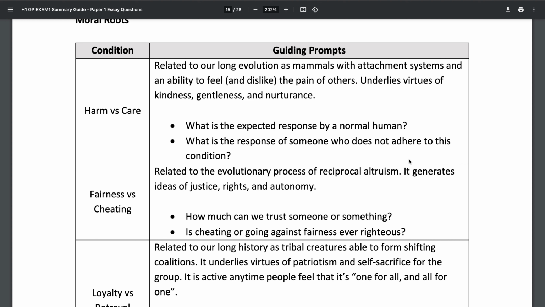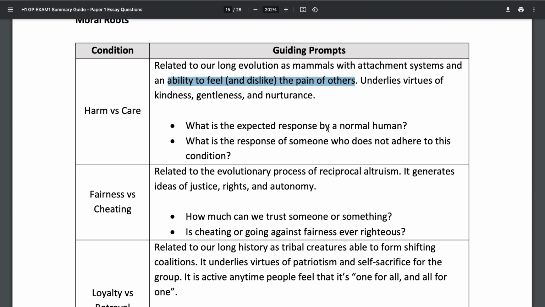So the guiding question here that I've given you is, what is the expected response by a normal human? For example, when somebody falls down, normal people maybe laugh at you first, but the normal response is to go and take care of them, right? Help them up. Are you okay? Stuff like that. That's normal. Most of us are like that, because we have the ability to feel and dislike the pain